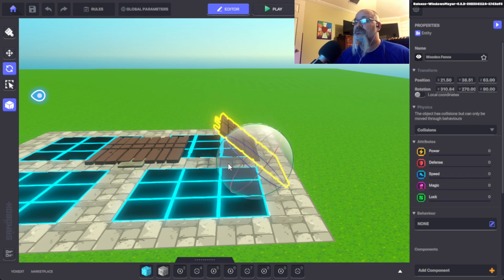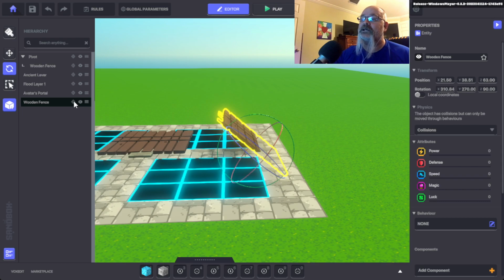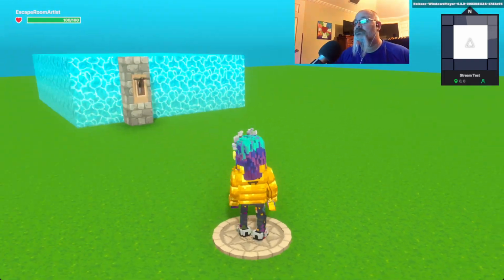So now that should be good. Because we deleted it, we need to reattach it. So we reattach the wooden fence to the other wooden fence, or the platform to the base of the pivot of the bird. Okay, so now with those all married together, parented together,